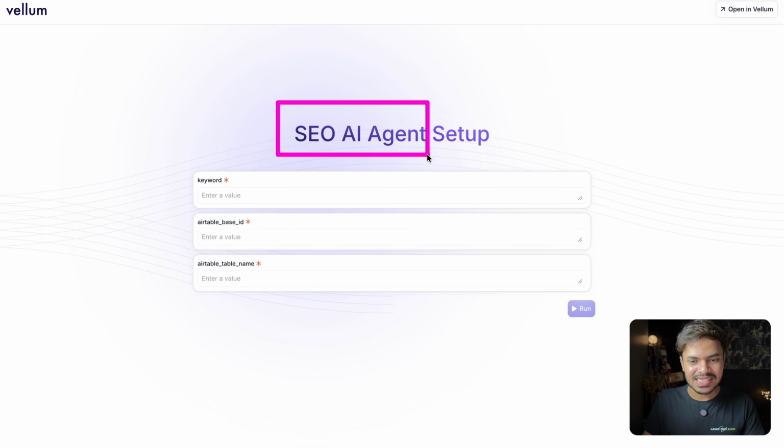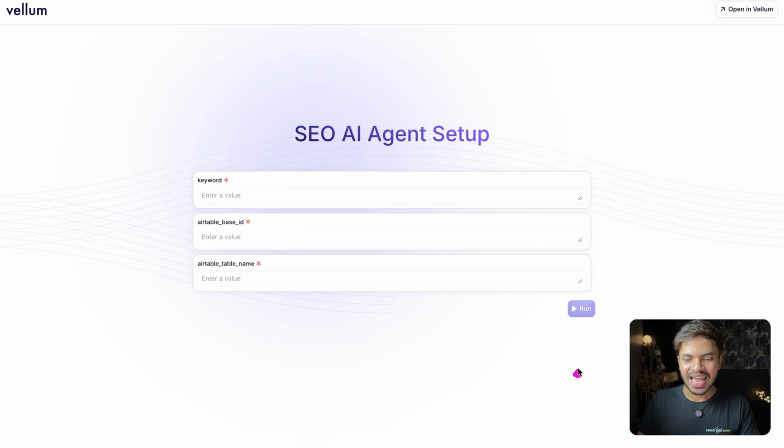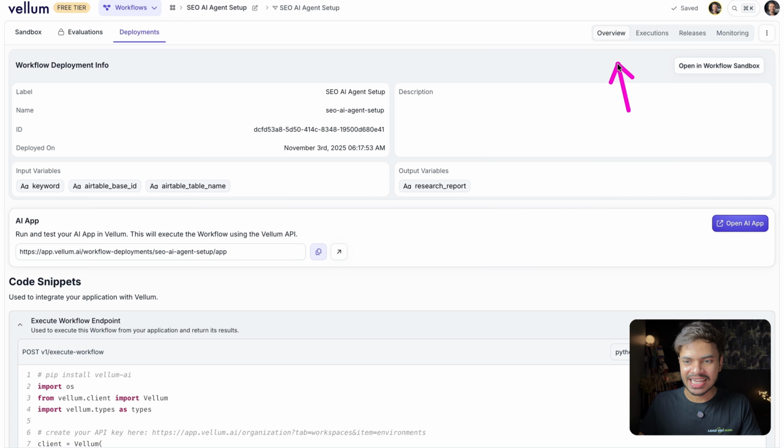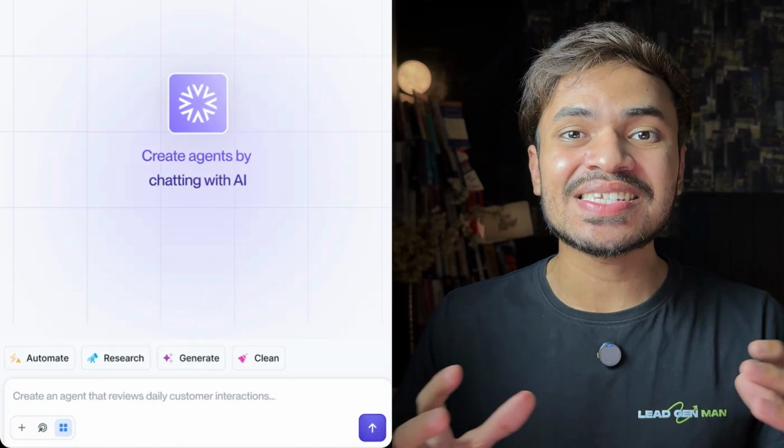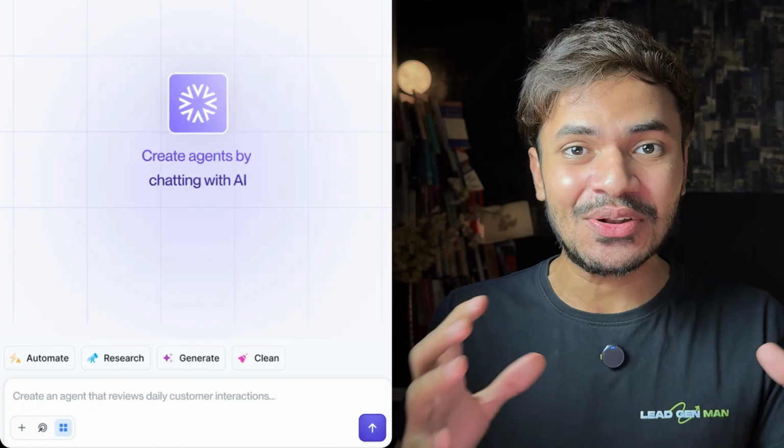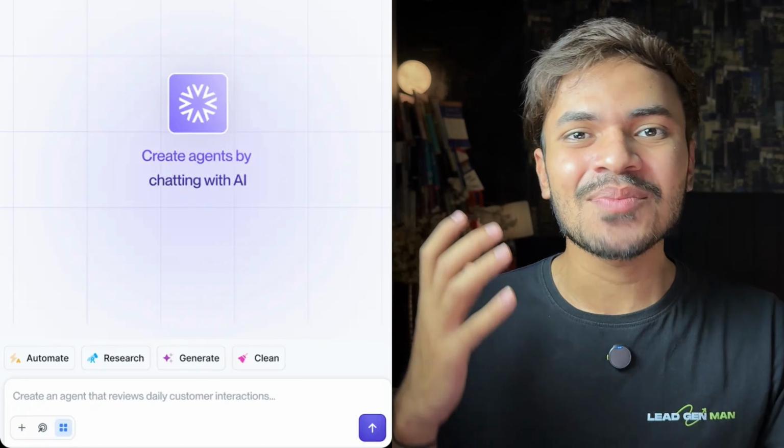Here is our SEO agent, where all you need to do is enter your keyword and Airtable configuration to save your article inside your tracker. And once the user clicks on this run button, it will kick off our agent in the backend. Next, you can check the execution, releases, monitoring, all from one platform. So that's how you vibe code an agent without having to even connect logic modules or nodes by using